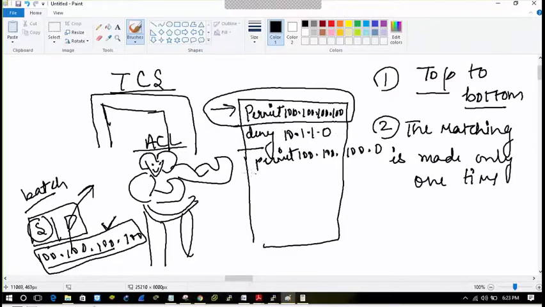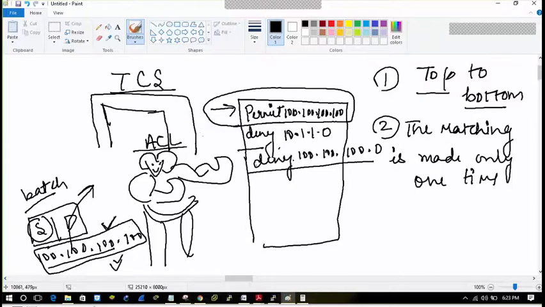For example, if there had been an entry of deny, it would also match because this is actually matching it.